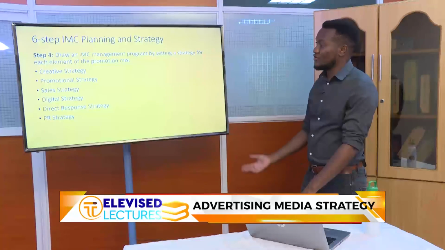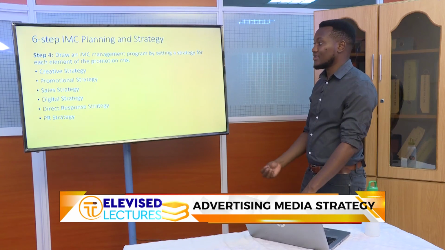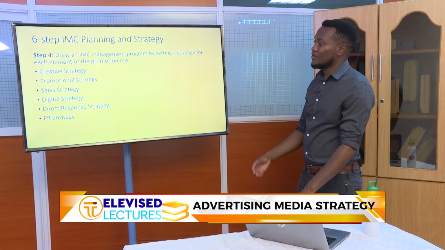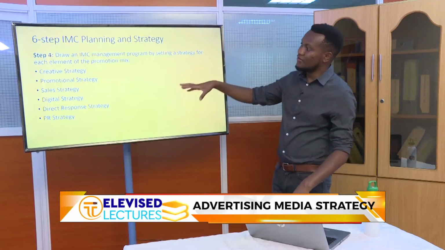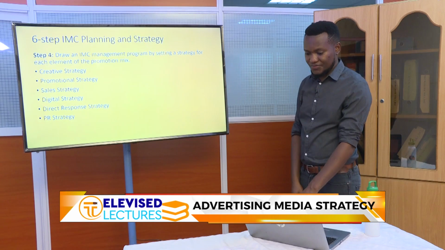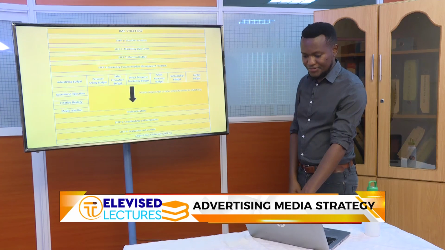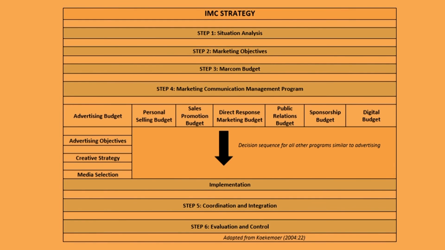Here you want to have a creative strategy, which I've already spoken about, a promotional strategy, a sales strategy, a digital strategy. You come up with direct responses and PR strategies. Most of them I've already spoken about in the 9-step planning and strategy. So this is how it looks like if I can wrap everything I've said into this illustration,